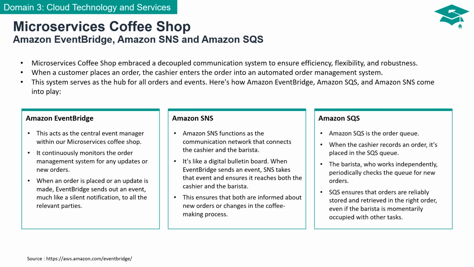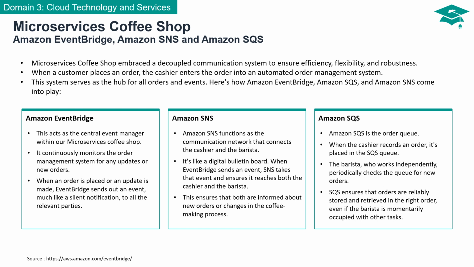Now, let's talk about Amazon SQS, our order queue system. When the cashier records an order, it's placed in the SQS queue. This is where Amazon SQS shines. The barista, who works independently and might be momentarily occupied with other tasks, periodically checks the SQS queue for new orders. SQS ensures that orders are reliably stored and retrieved in the correct order, even if there are brief delays